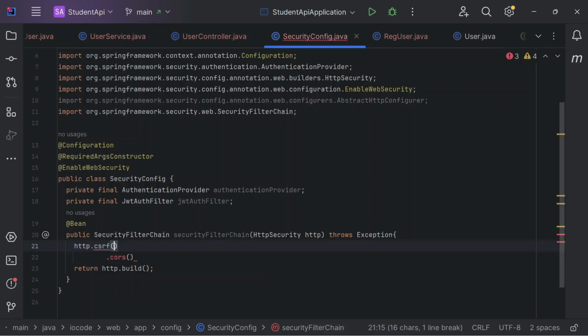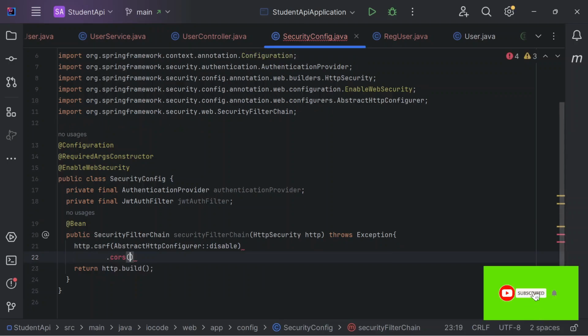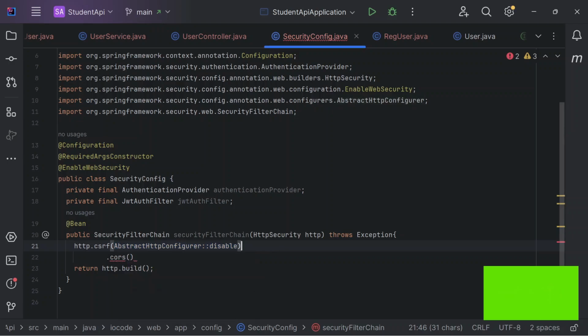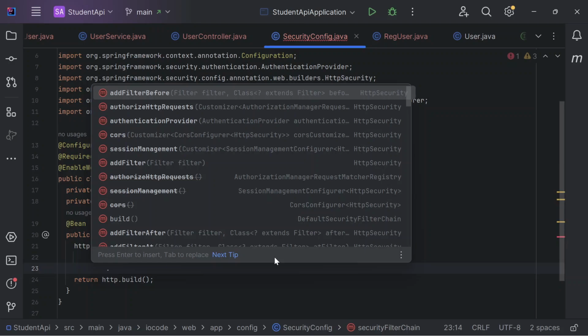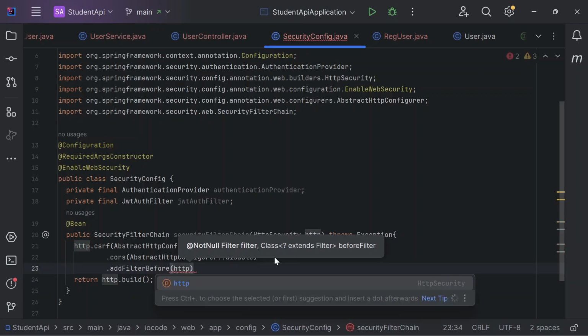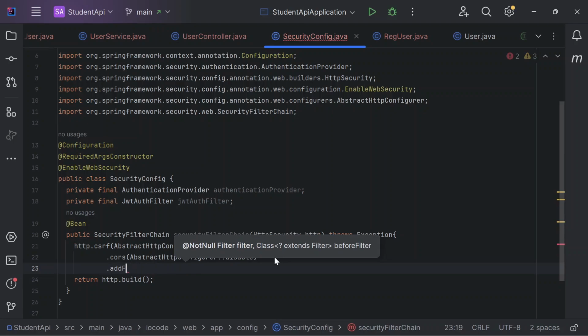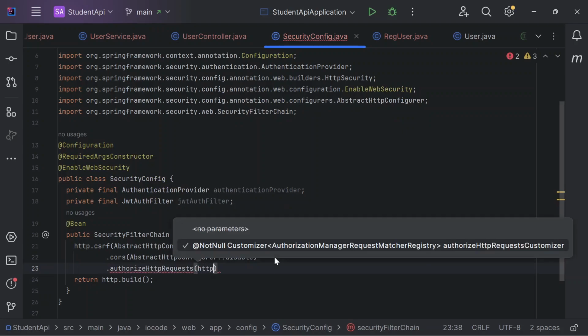So I think I just want to include that, though it's not really necessary, but I just want to go ahead and include that. I'm still passing the same lambda expression call, which is the AbstractHttpConfigurer::disable. Now the next thing we want to do is to authorize the HTTP request. So we are going to take in an instance of HTTP, sorry, not add filter before, but authorize HTTP request. So we want to say HTTP request,